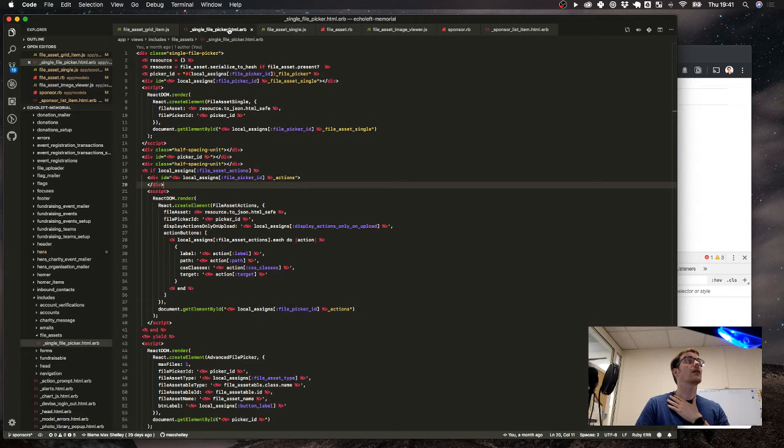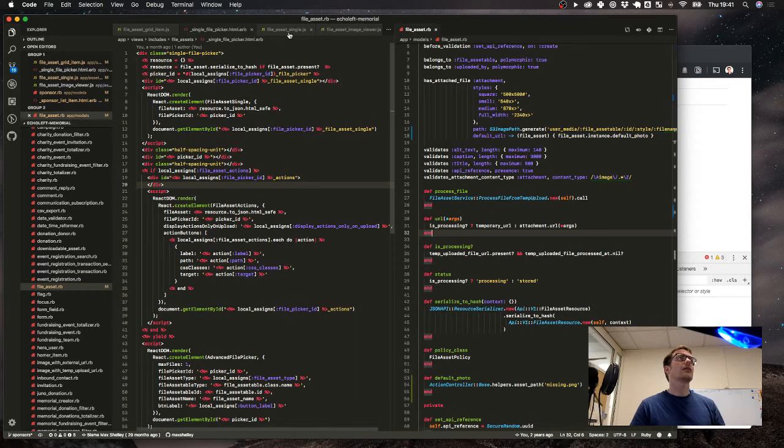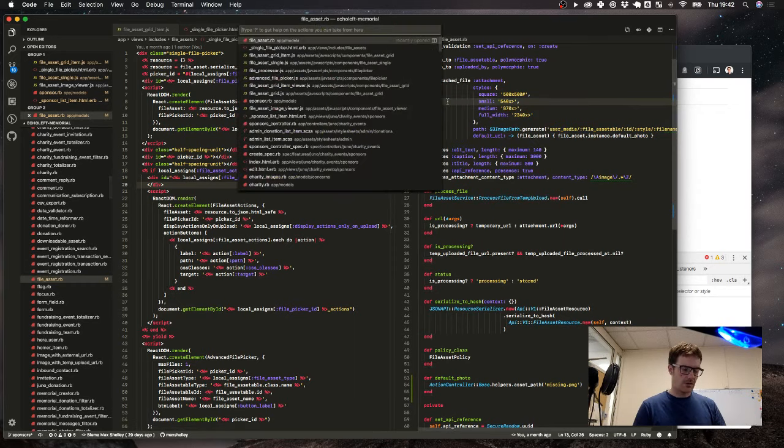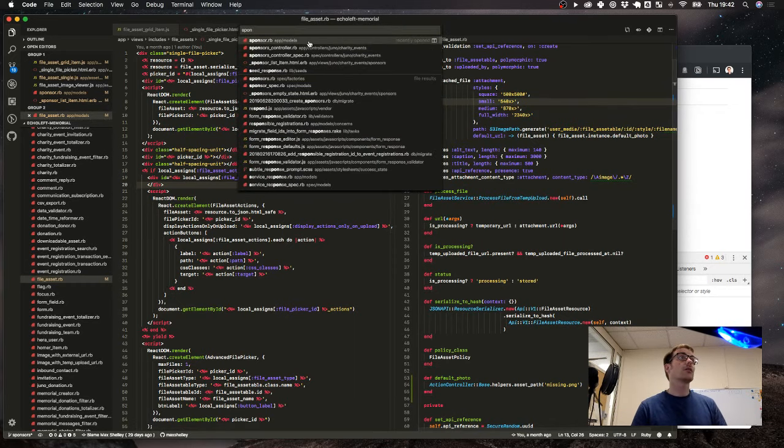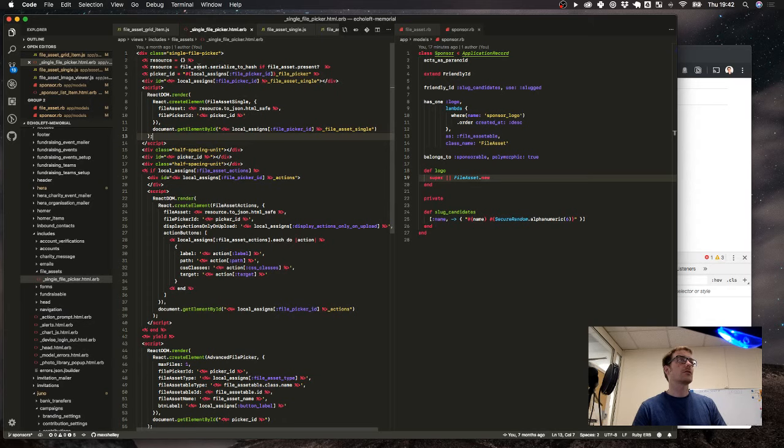And there we should be getting, shouldn't we be getting an empty file asset object? Sorry, from our sponsor model, from logo, shouldn't we be getting that? Because we want file asset series, if file asset